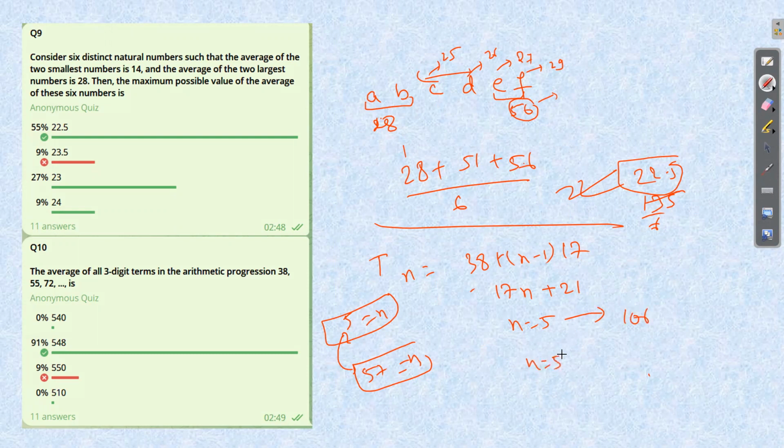Now n equal to 57, we get 57 into 17 plus 21, which will be 990. Just find the average of this and 106, and we get 548. The average of these two is the answer. Done all these questions. Over. Everything is clear? Okay, so